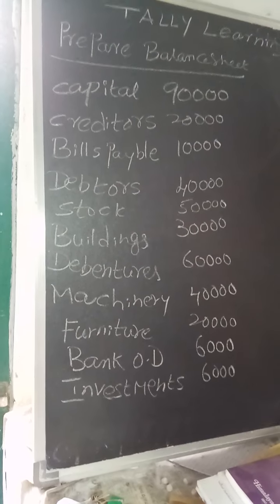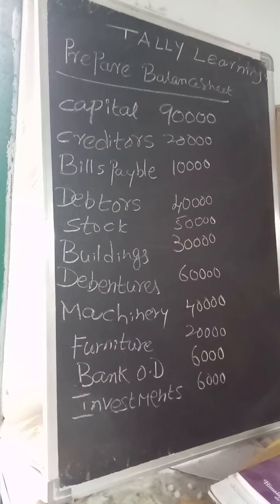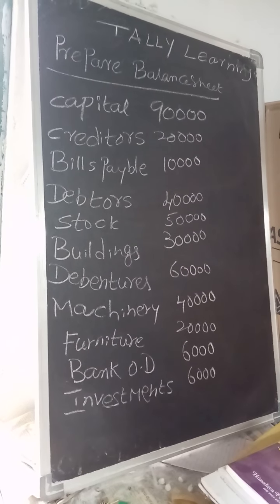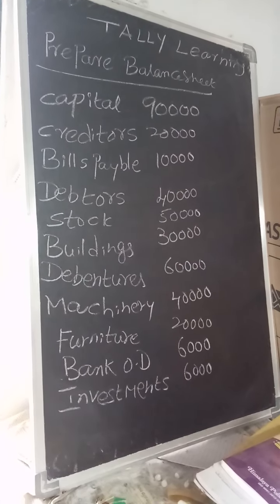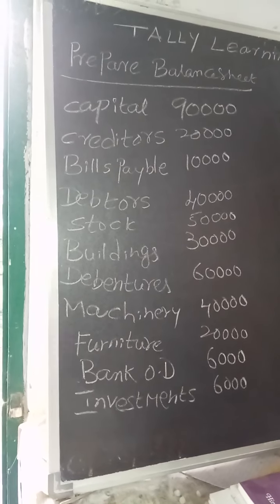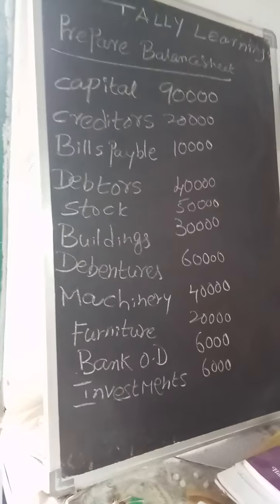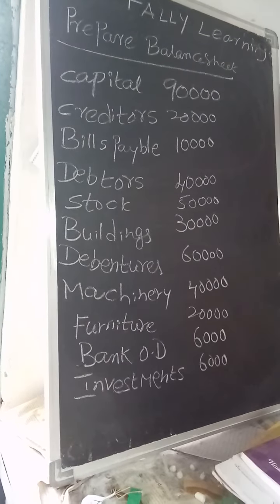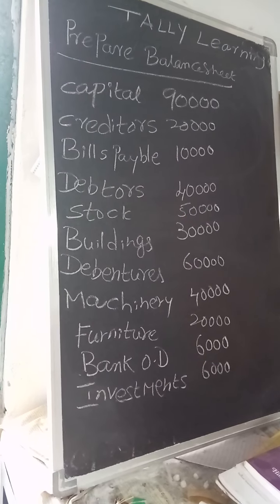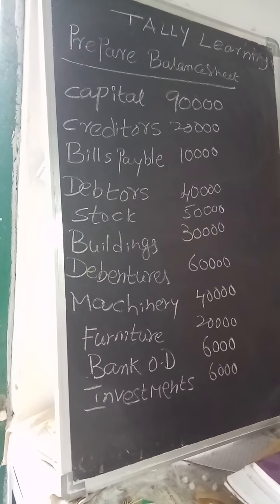In Tally ERP 9, after you enter all the particulars, just go to main menu. There select balance sheet option so that you will get output. Steps I want to remind you, my dear students. Create a company just after you copy the question in the notes first. Without copying, you cannot do anything.